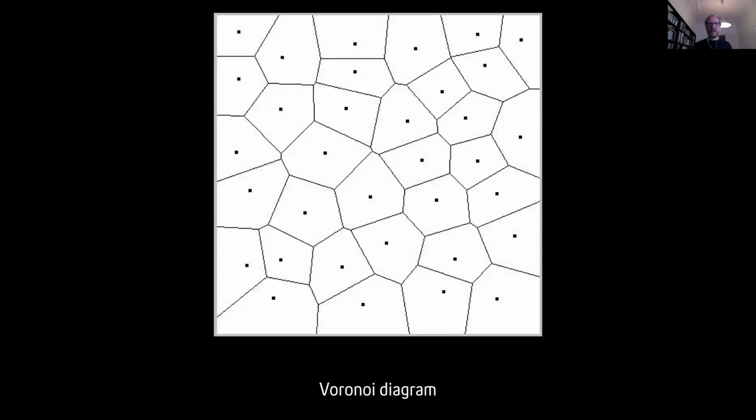I just want to mention, I think a lot of you have heard about Voronois before, but a Voronoi diagram is a space division where each cell is defined as the area that is closest to a certain point. So to generate it, you just generate a lot of random points, and then you create a Voronoi diagram for these points. But then it's very important to use something called Lloyd's relaxation to iterate over these points,